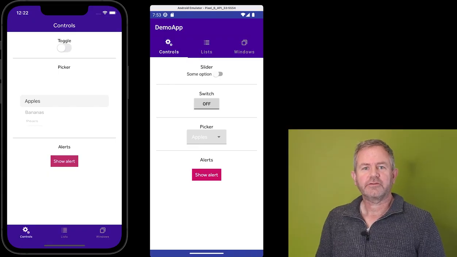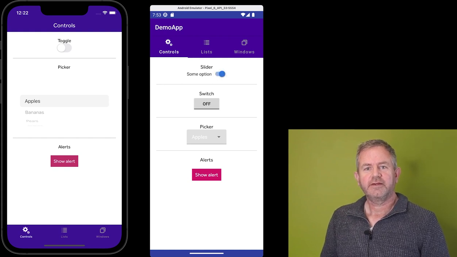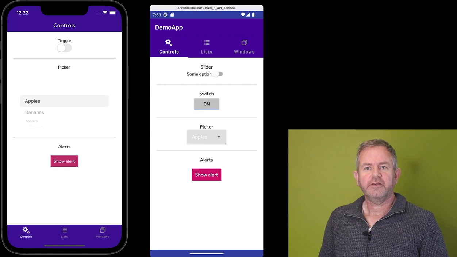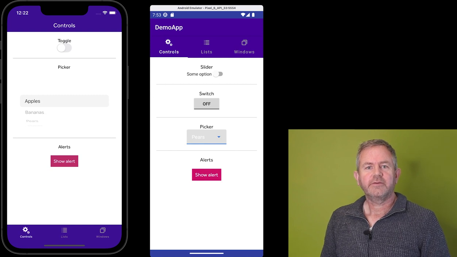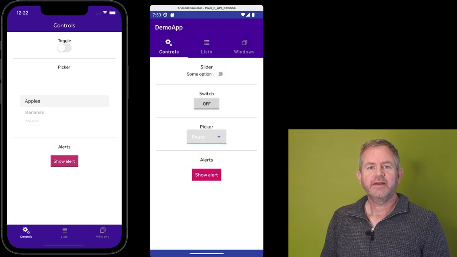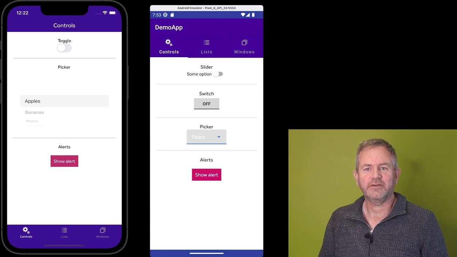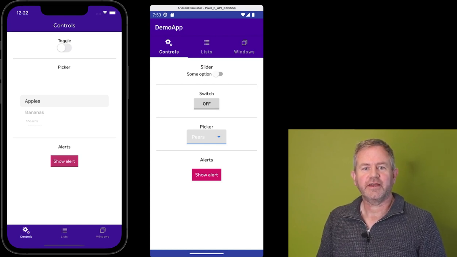Similarly, the same controls on your two apps will look different. Android users will be familiar with this switch and this on-off button. For iPhone users, this toggle switch serves the same purpose but looks different. A drop-down list on an Android device looks like this, whereas the same thing on an iPhone looks like this. And if you need to show an alert message, an iPhone renders the pop-up like this, whereas on an Android device you'll see this. Resist the temptation to make them look the same. It might feel like the right thing to do because common sense tells you that you want consistency and brand uniformity, but your users will not appreciate it.